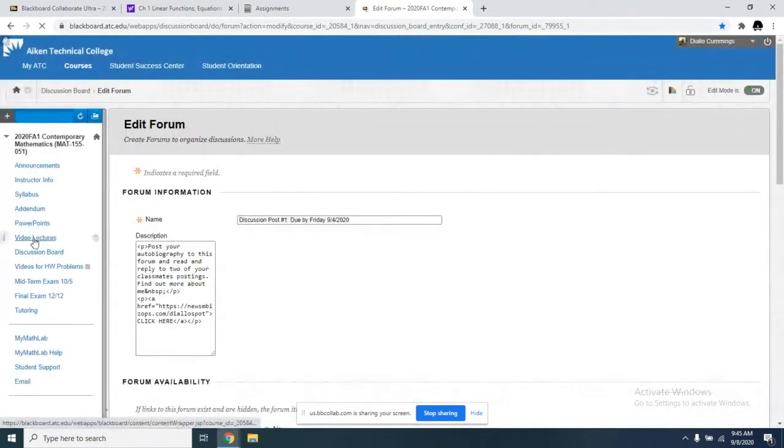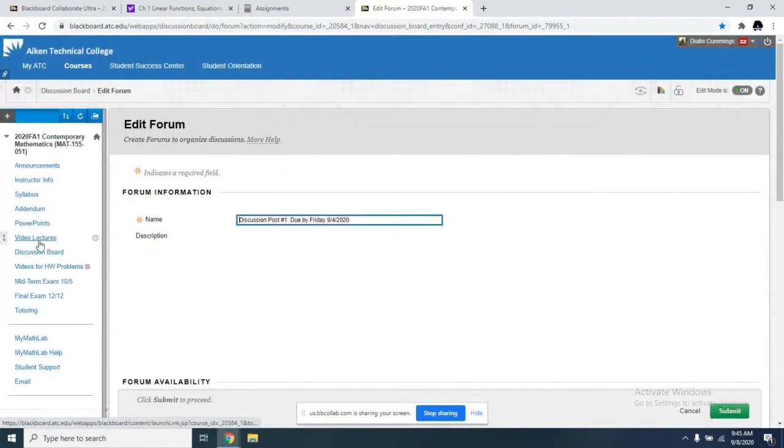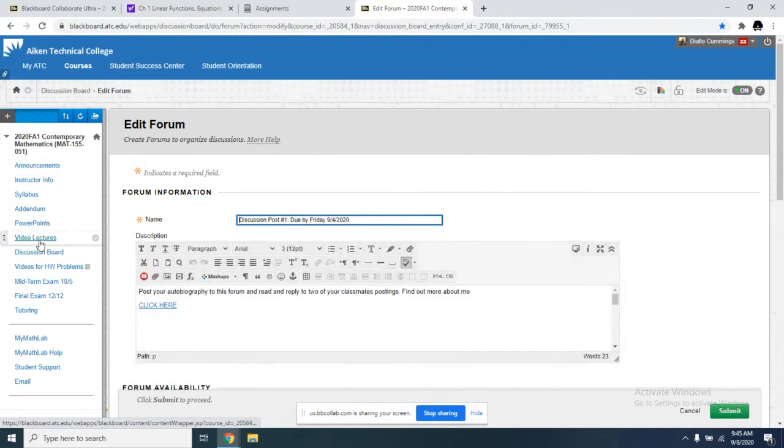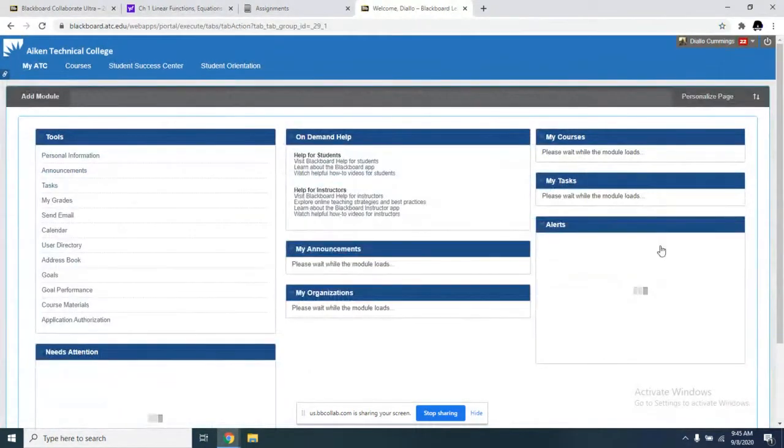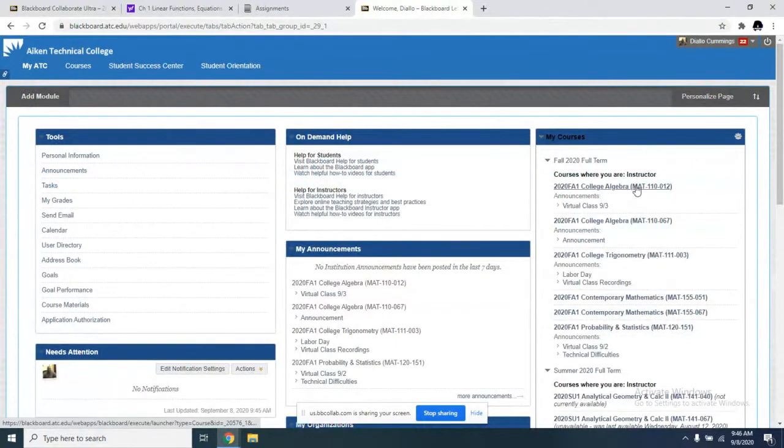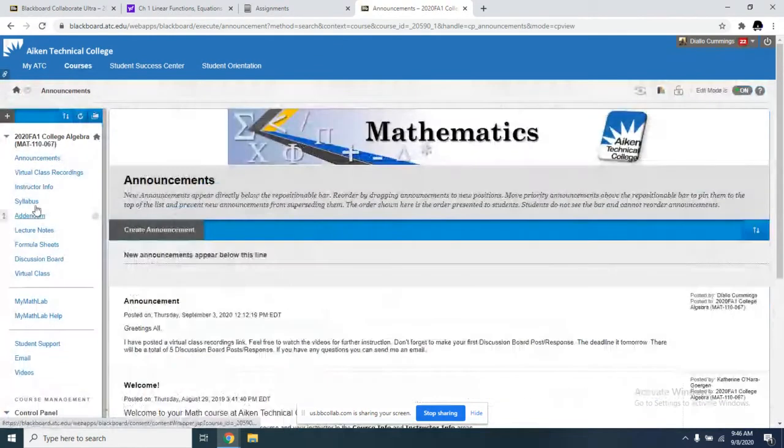Give me 1 second as I navigate through the windows. Actually, in this lecture notes section, I'm going to get into our course, Math 110. In this lecture notes section,